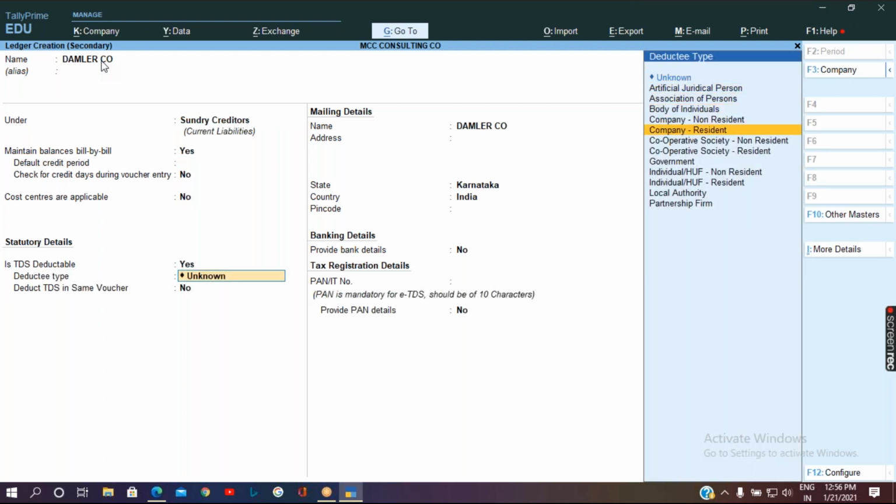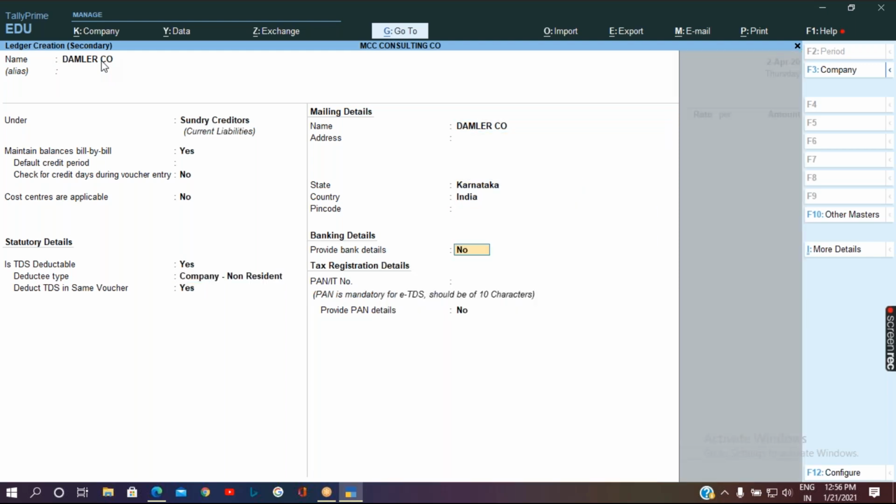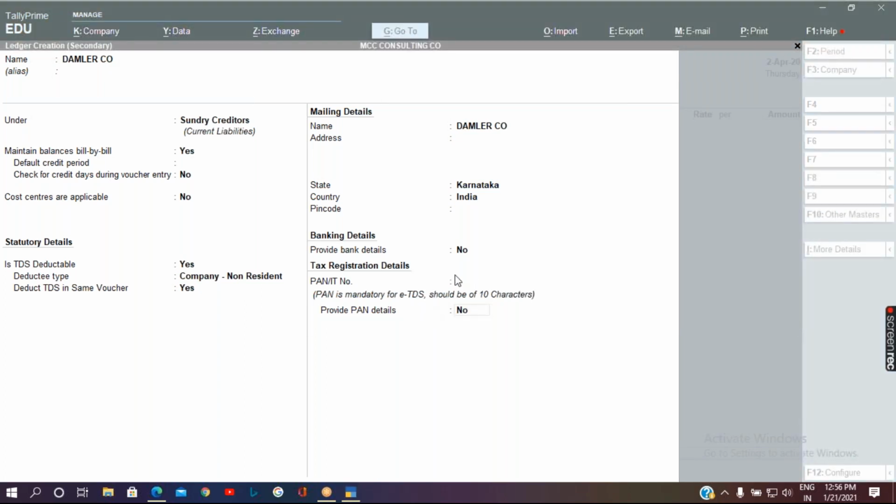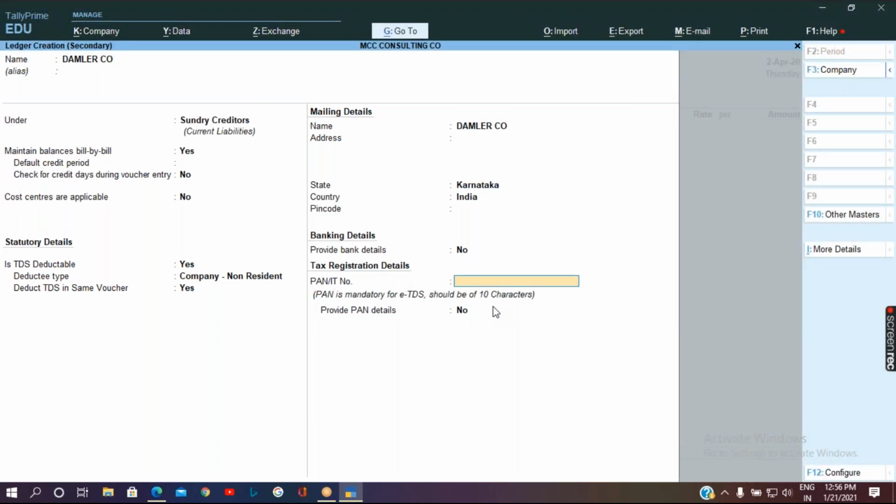I'll use this company non-resident. I'll deduct the TDS in the same voucher, and the PAN or IT number should be given. Let me give it. And accept the ledger.